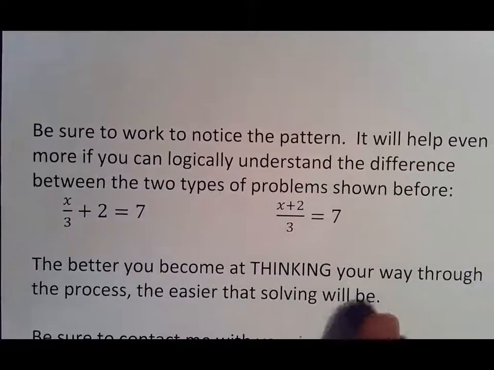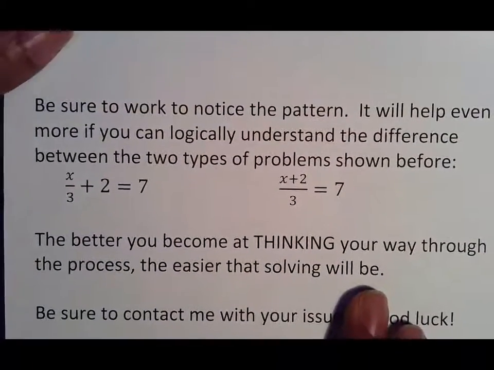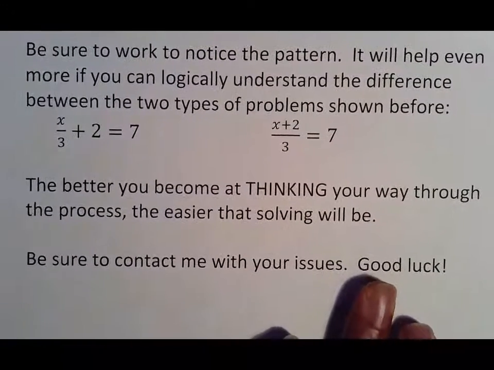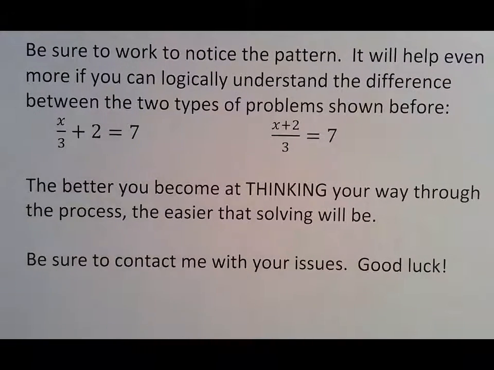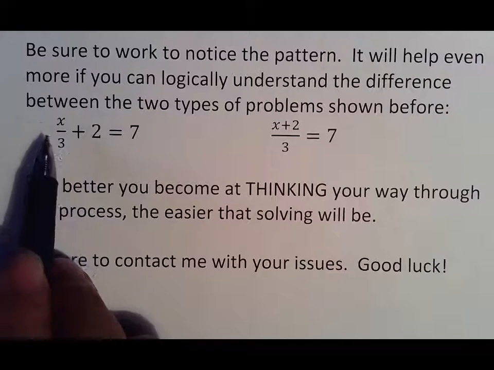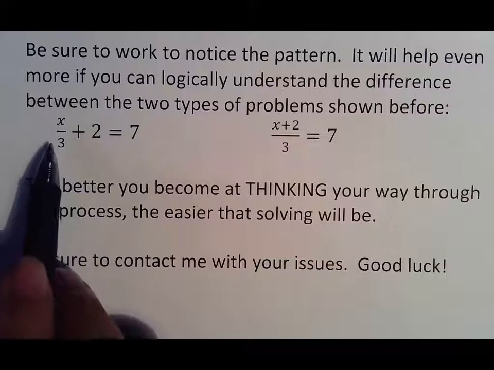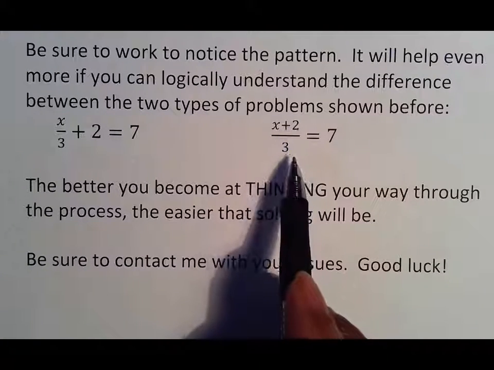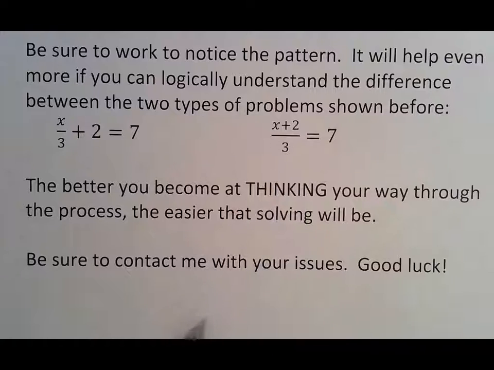Again, be sure to work to notice the pattern. It'll help even more if you can logically understand why you chose which one that you would choose from before. So again, if you can look at these two and come up with a reason that makes sense as to why you move which one you're supposed to move, then that's great. For example, these two are in a fraction, so 3 is close to x, so we move the 2. These two are in a whole different part of the fraction, which means this is the weak one, so the 3 goes first. The better you understand, the better you become at thinking your way through this stuff,